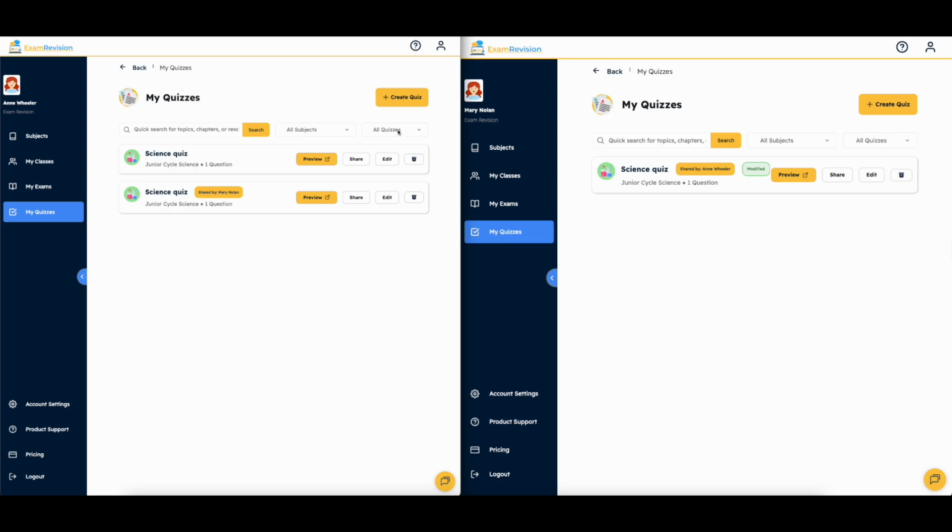You can also filter your quizzes to purely your own quizzes that you created or quizzes that have been shared to you from other